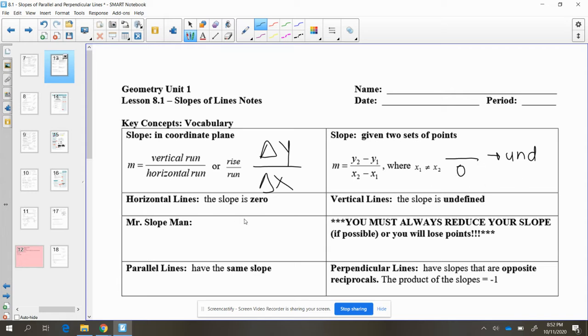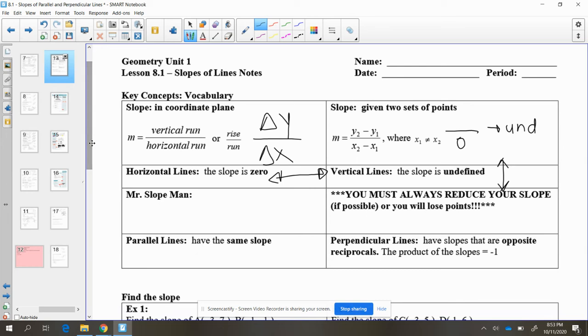Otherwise, it's undefined. Now, speaking of undefined, horizontal lines are lines that go side to side, right? Their slope is 0. They're not rising at all. They're only running. Whereas vertical lines, so lines that go straight up and down, those are our undefined slope. They're the ones that are only rising and not running at all, aka they have division by 0. So that's where the undefined comes in. So the vertical lines and the horizontal lines, they're kind of special in what their slope is. So just something to kind of know. And they're also going to always be perpendicular to each other,